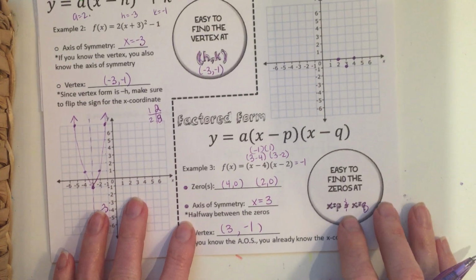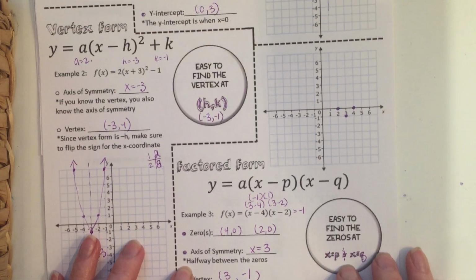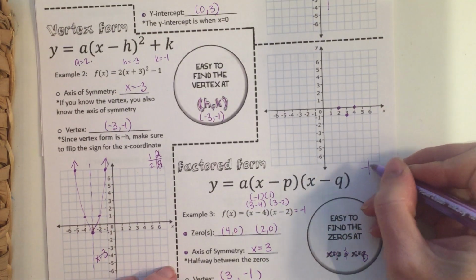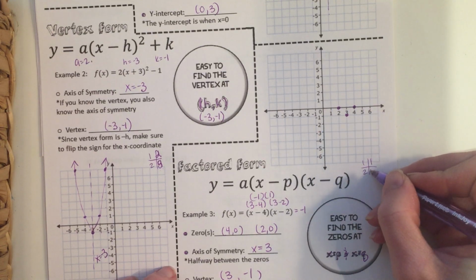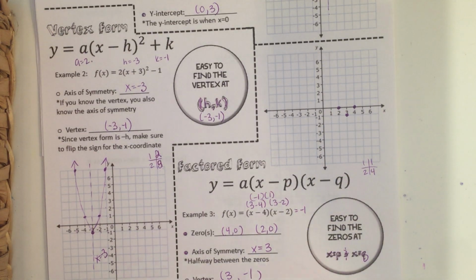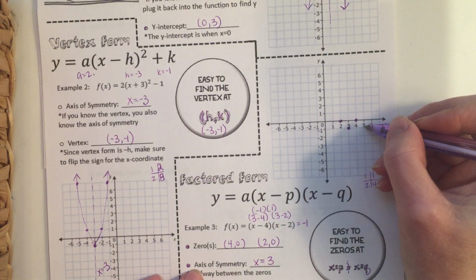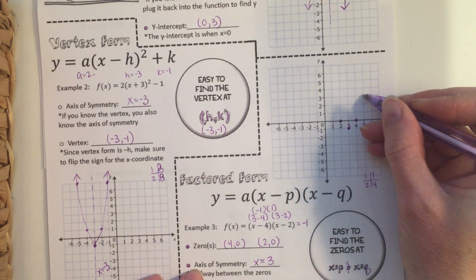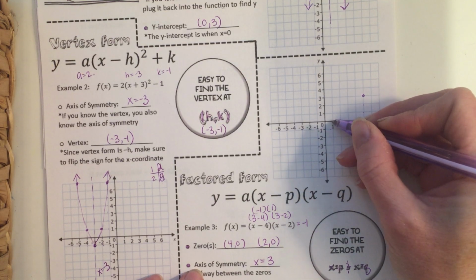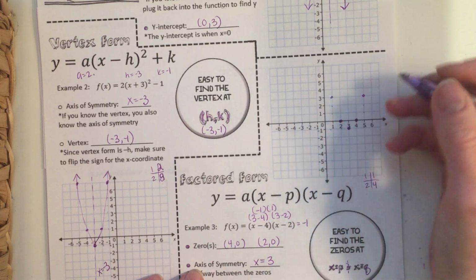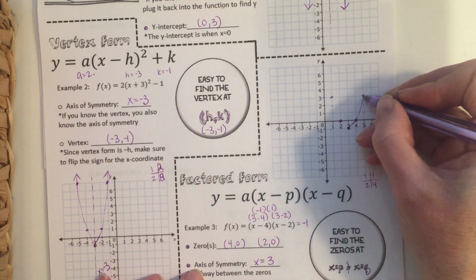So this problem is really kind of set up to almost start to graph. It's really got part of my work done for me. The 1, 1 and 1, 1 is already done. So now I just have to do my 2, 4. So I go over 2 and up 4. 1, 2, 3, 4. And I go over 2, 1, 2, and up 4. 1, 2, 3, 4. And then I draw in my parabola